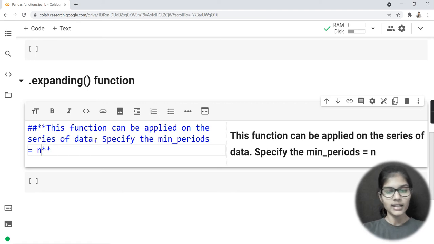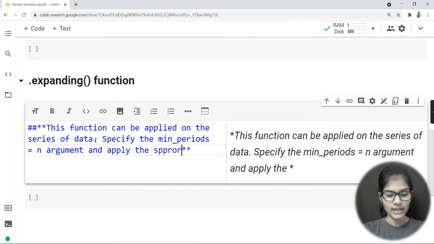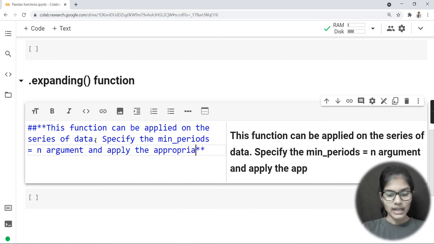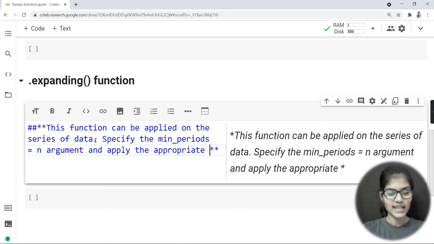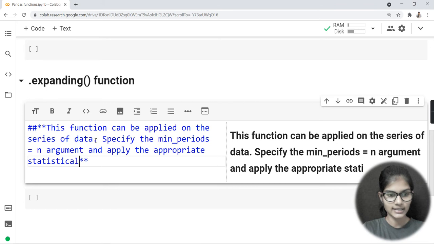And n is the argument. Then apply the appropriate statistical function on top of it.